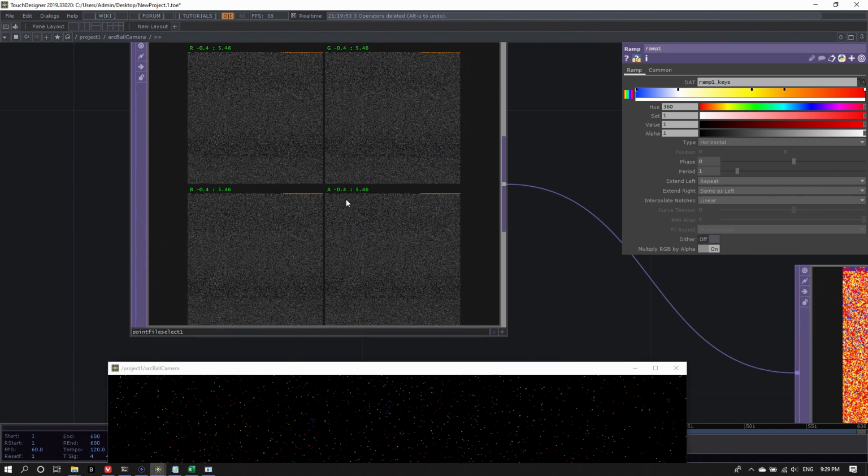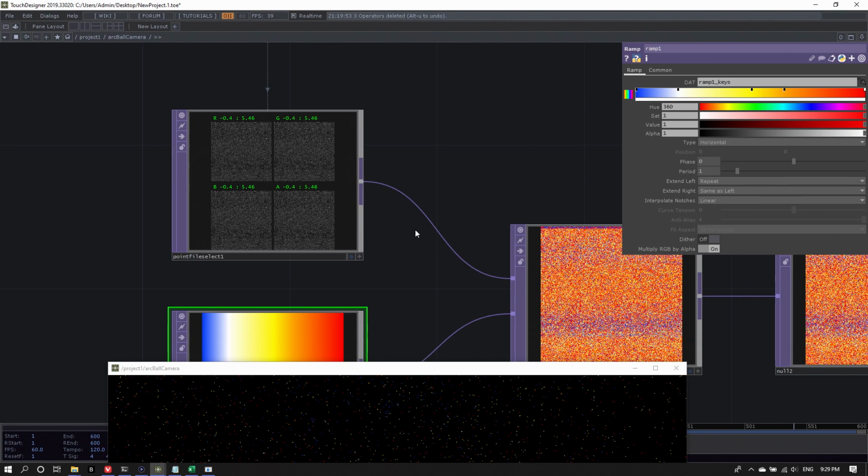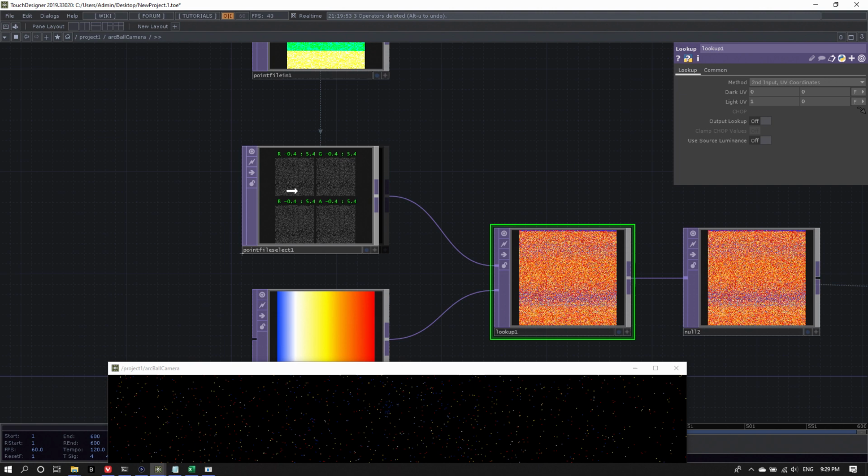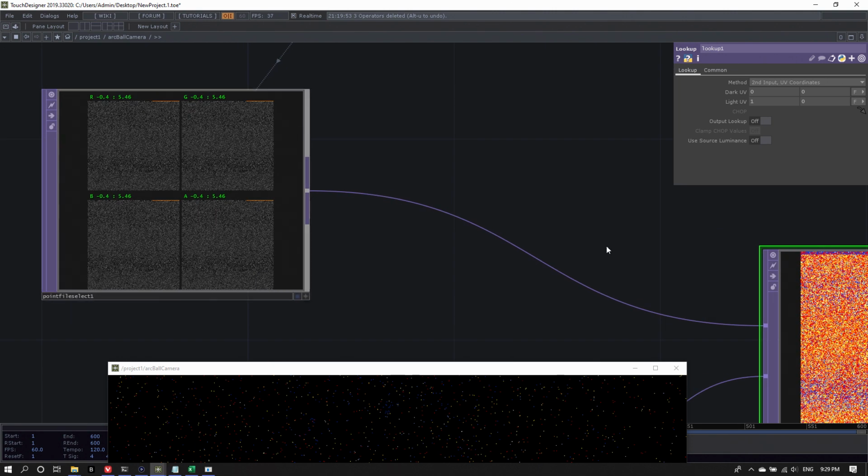And why this is happening is because my value range is from -0.4 to 5.46, and the lookup goes from the dark UV to the light UV. So what I would have to do is probably reassign those values -0.4 to 5.46 to a normalized range.